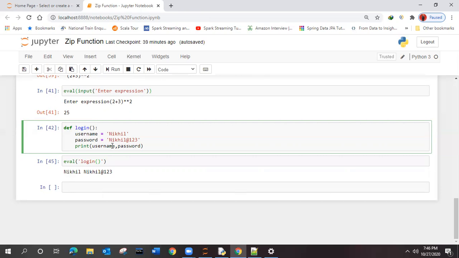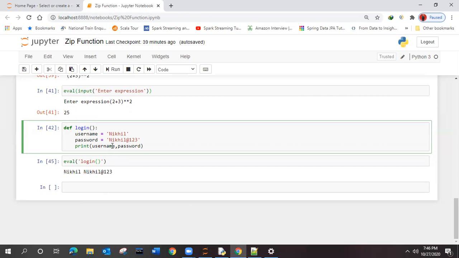Anybody can ask what the eval function is, how it works, what the limitation is. For this reason, if you are giving anything inside the evaluate, it will print. It will not care that it is your private data. So you need to think about what functions you are going to write inside this. So this is about the evaluate function.